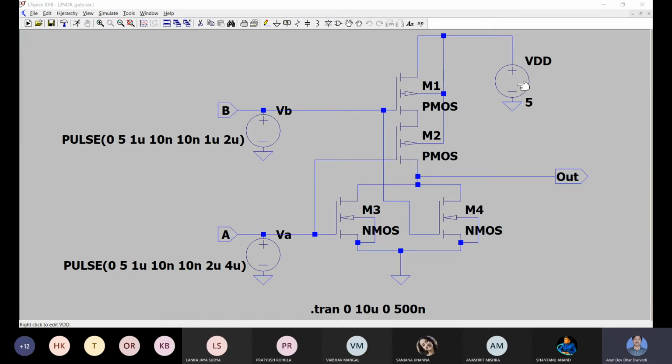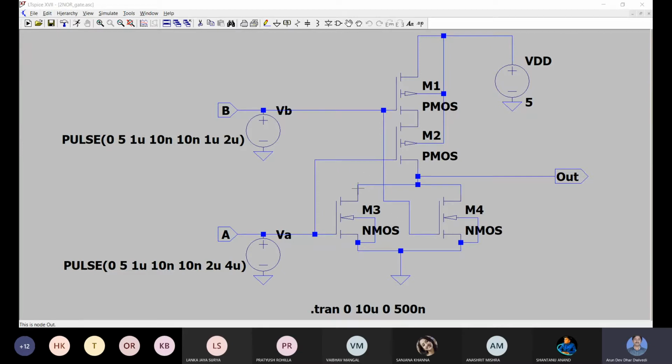The drains of these two NMOS are joined together, and the sources of these two NMOS are joined and finally connected to the common ground.